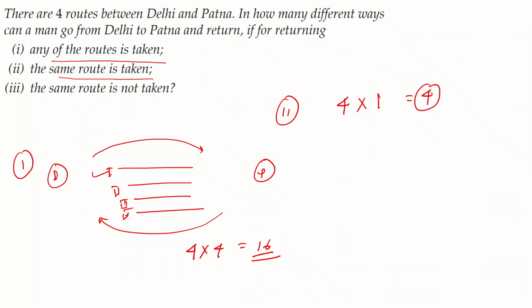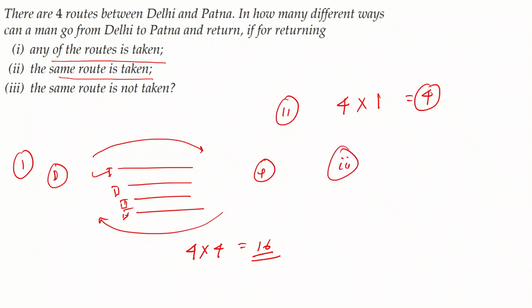And if you think intuitively, it's like going from route 1 and then returning back by the same route, or option 2 is taking route 2 and returning by the same route, or option 3 taking route 3 for upward journey and then returning the same way, and the 4th one is exactly the same.